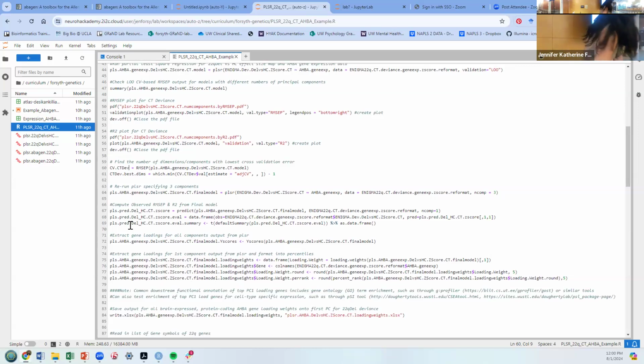Lines 67 through 69 are just computing the observed root mean square error and variance from this final model. You would cite some of those metrics maybe in a paper. And then I think what gets really interesting is when you get to line 72 and run through line 78,